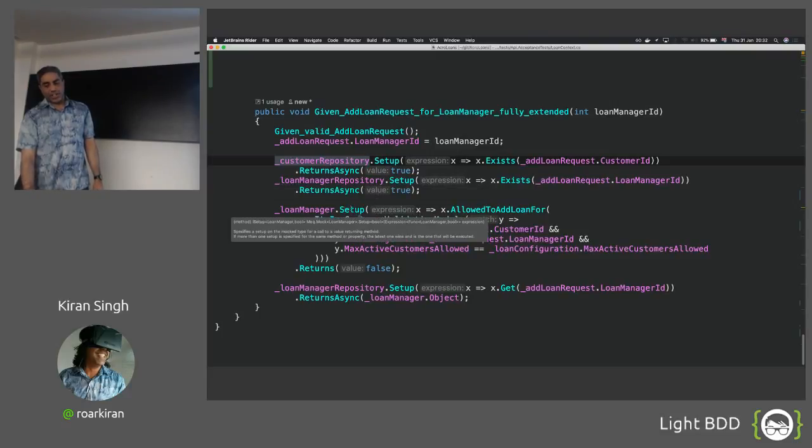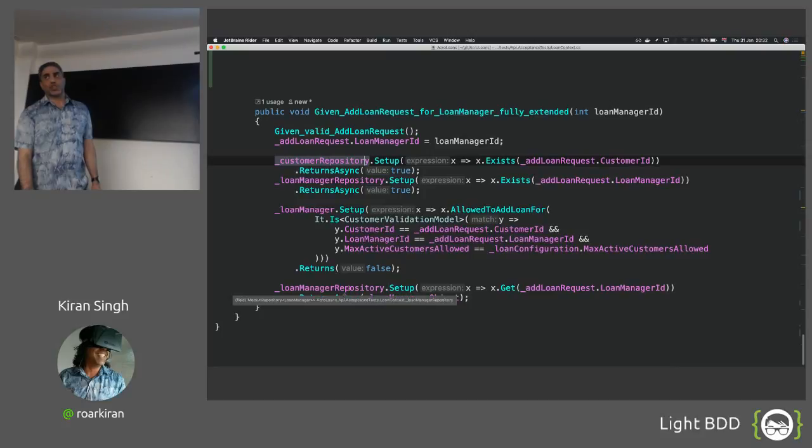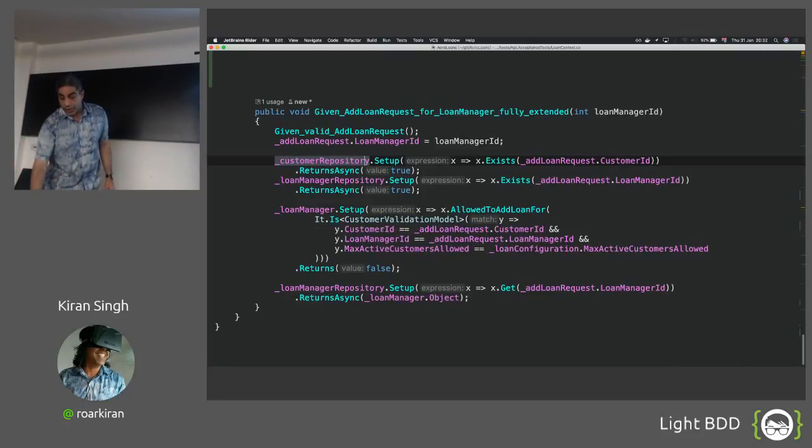And then the loan manager class is being set up to validate that the loan manager has exceeded the maximum number of active customers, so it will return false. And then obviously the loan manager repository returns that loan manager. Now what is noticeable is that this whole thing is testing